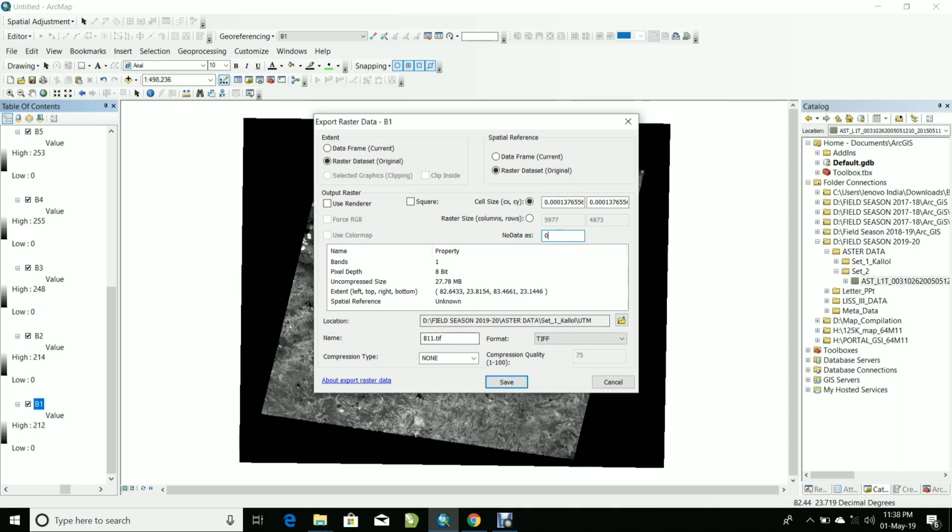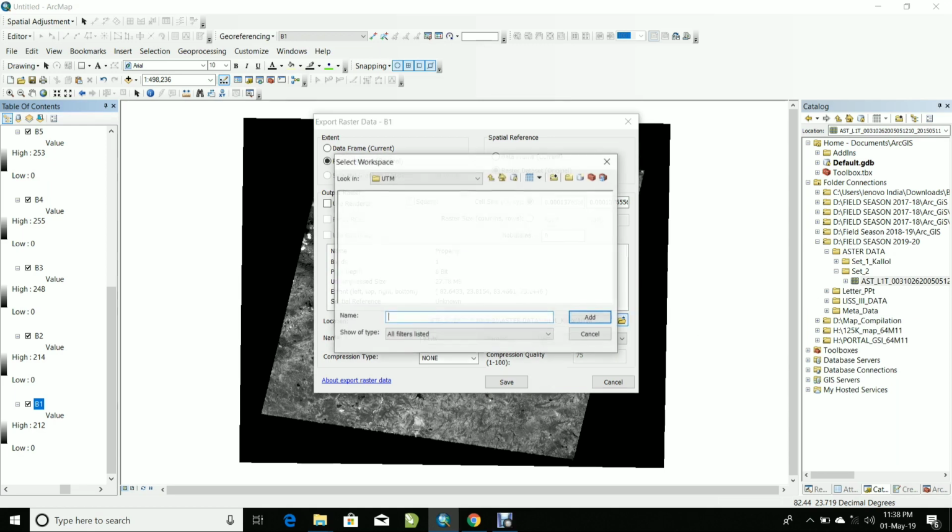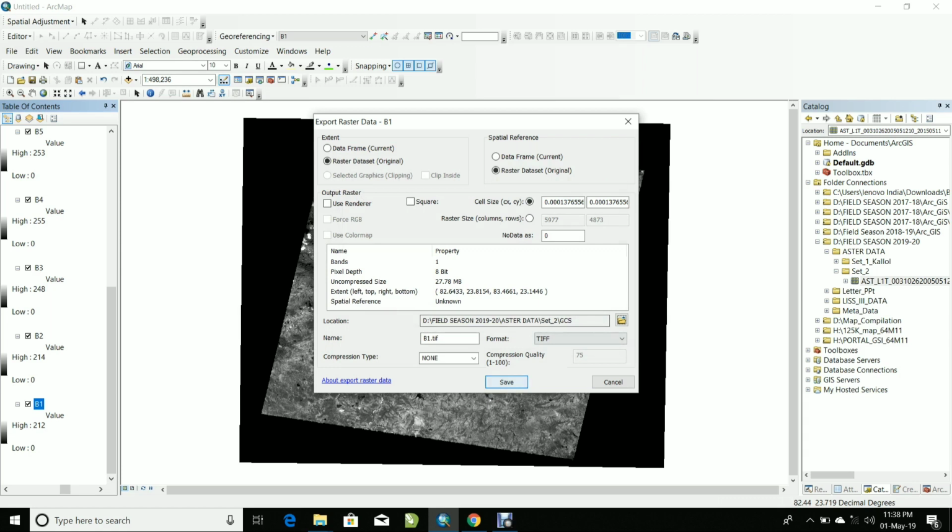Just put it as 0 value to cut out the dark background color from the image, and name it as B1 band. Here you can see that a separate folder has to be made, named GCS, Geographic Coordinate System. Now add this folder and put all the 9 bands into that folder.